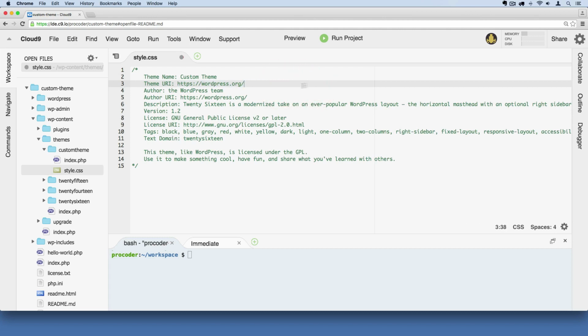That's not really what we should be doing, but since this is a project, that's okay. We can change that later if we ever choose to publish this. Author, you can just put your own name or username. I'm just going to put my Cloud9 username there. I'm going to leave this the same because we don't have a website yet. Okay, so there's this long description here. I'm going to get rid of this